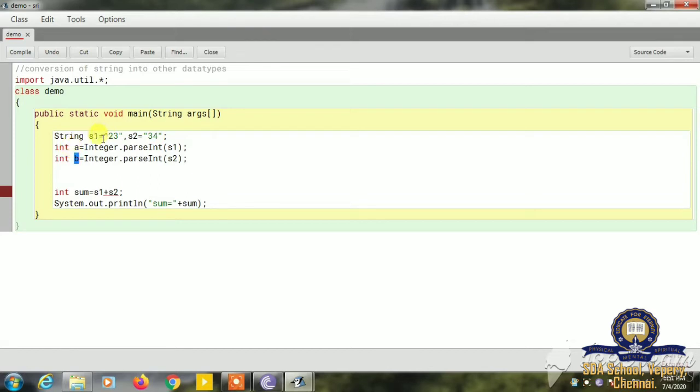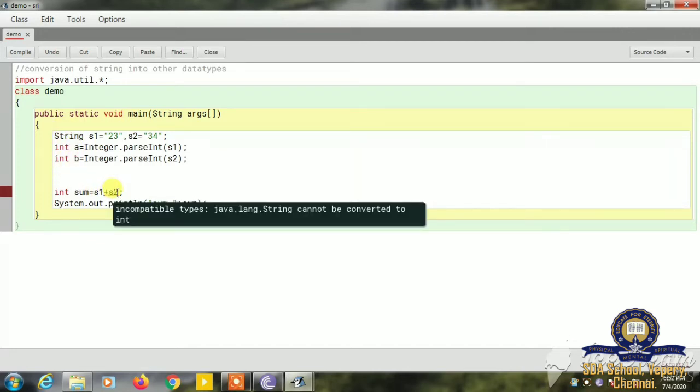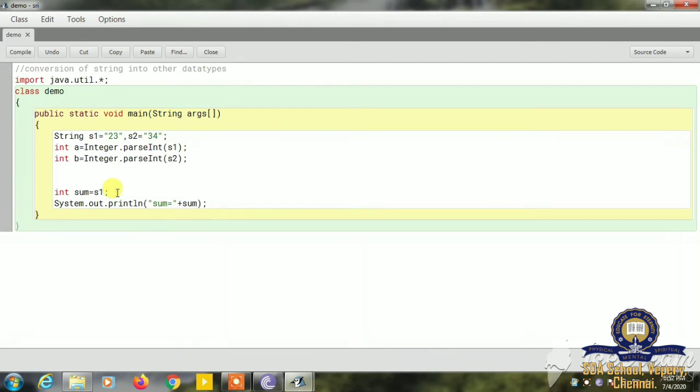Now 23 will be stored in the variable a and 34 will be stored in the variable b. Now these two string values are converted into integer values. Now you can do the calculation, but you can't use s1 and s2. We can use a plus b because we stored the integer values in the variables a and b.